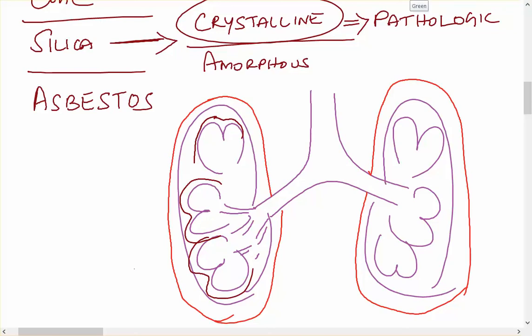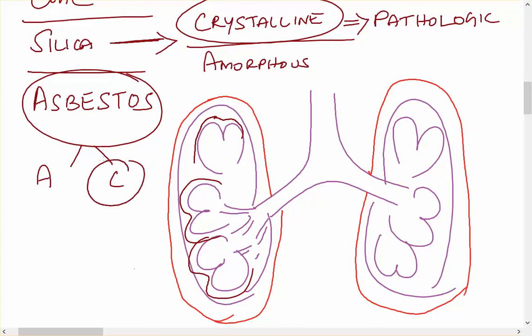Asbestos industry is like the electrical wire industry. They all have used asbestos. Again there are two forms of asbestos. One is amorphous, the other one is crystalline. This crystalline form is dangerous. So if the crystalline form enters, they go to the lung, then it is taken up by the alveoli,